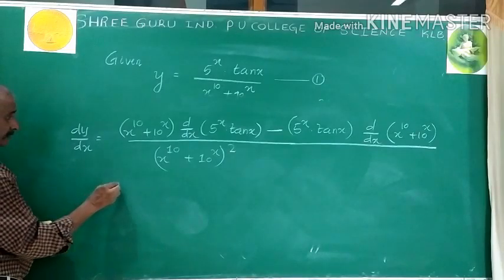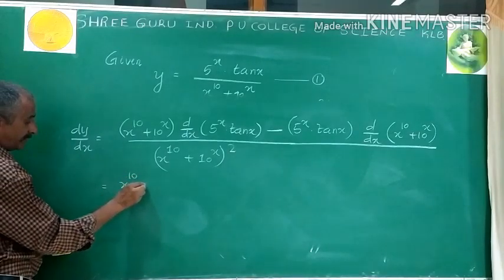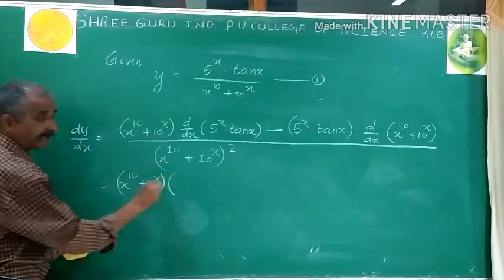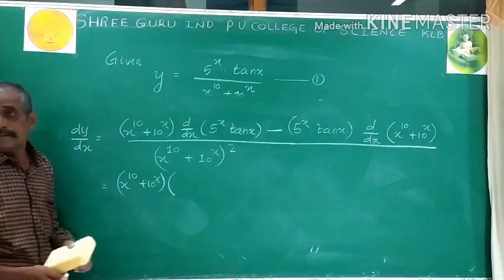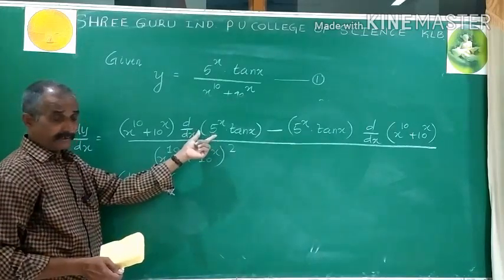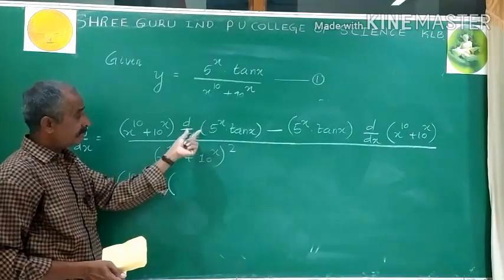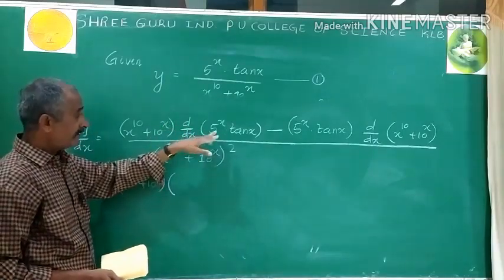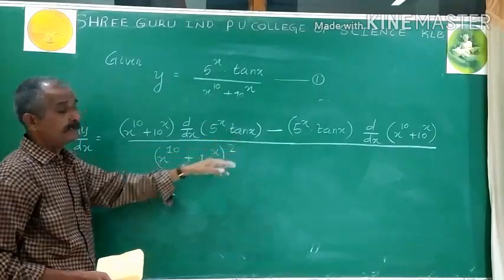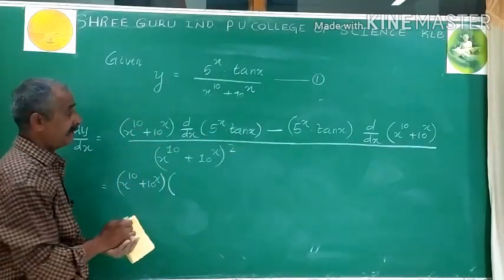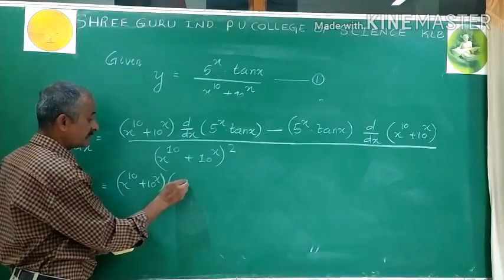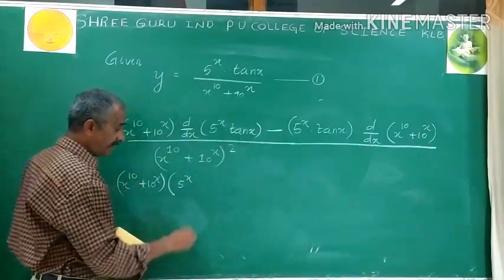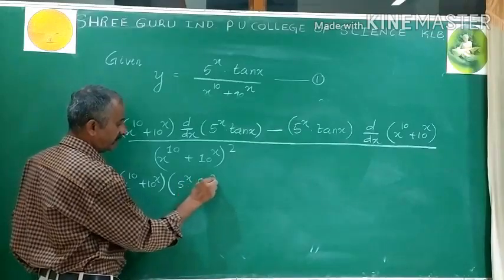That is equal to x to the power 10 plus 10 to the power x, multiplied by... Here we have the symbol of derivative, hence we must adopt the correct rule. Because it is a product of two functions, we need to apply the product rule. Applying the product rule: first function 5 to the power x into the derivative of tan x, which is secant square x, plus